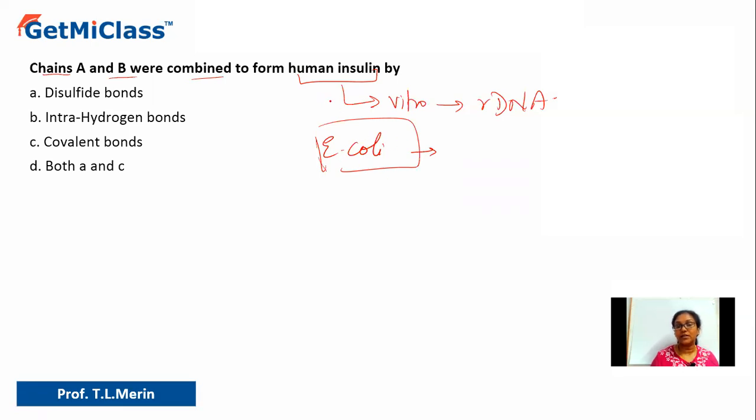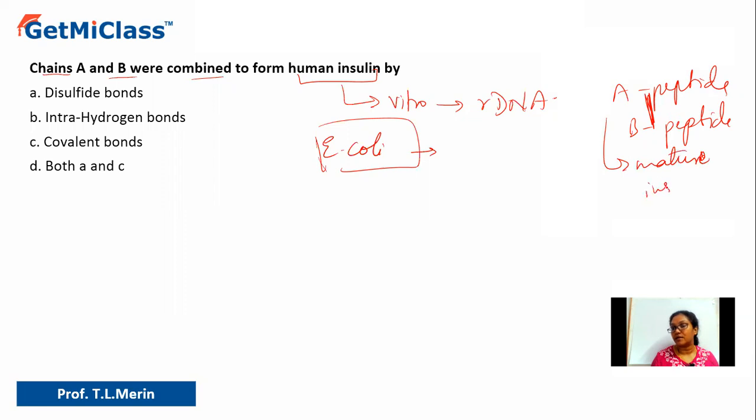So what do they do? Human insulin consists of two main peptides, the A peptide and the B peptide. When this A peptide and B peptide combine by disulfide bond, it gives rise to mature insulin. Now, to produce insulin in vitro, what scientists have done is